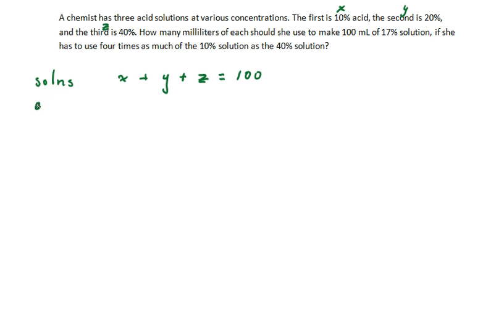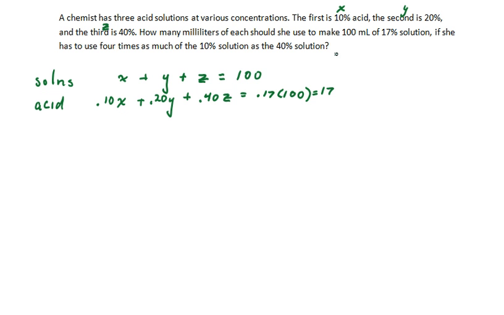We also have an equation based on acid content, and this takes into account that in X milliliters of 10% solution, you have 10% X acid. Similarly, you would have 20% of Y milliliters acid and 40% of Z milliliters acid. And we're going to have 100 milliliters of 17% acid, so we're going to have 17% of 100 milliliters, which is equal to